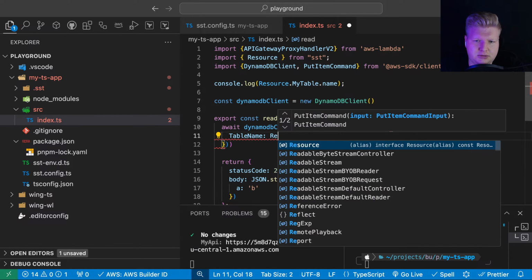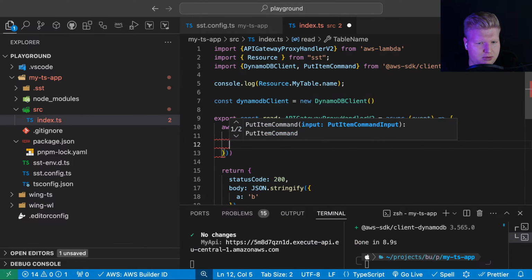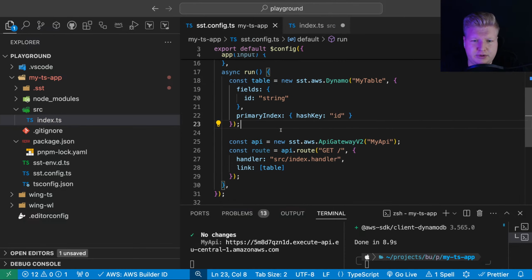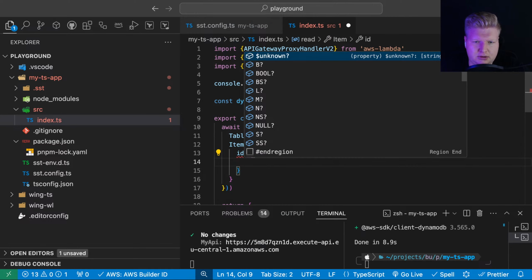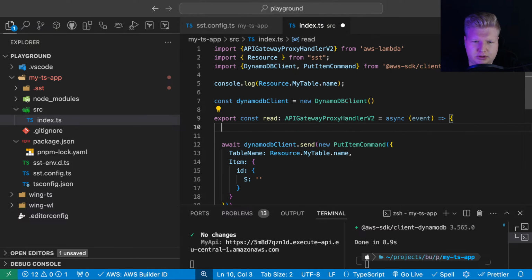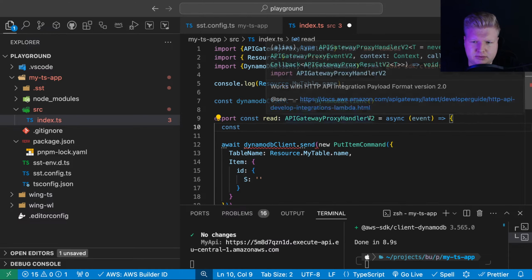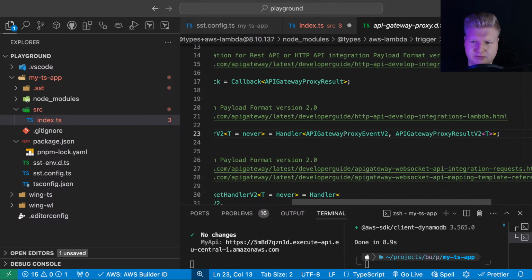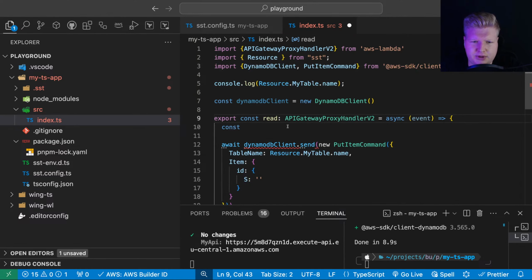Table name is going to be Resource.MyTable.name. Item will be, how did we define it? ID as a string value, and we can put that there. Okay, let's parse the body. Can I proxy event result? Okay. Body equals JSON.parse(event.body).